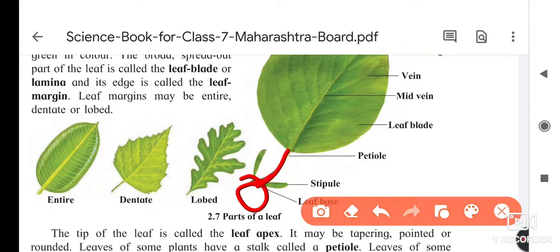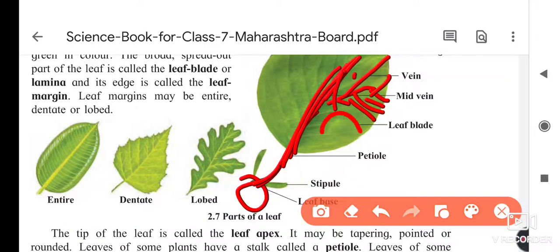After that we have the petiole, to which the leaf is attached. Then there is the midvein through which food is carried, and to this midvein there are many small veins in the leaf.